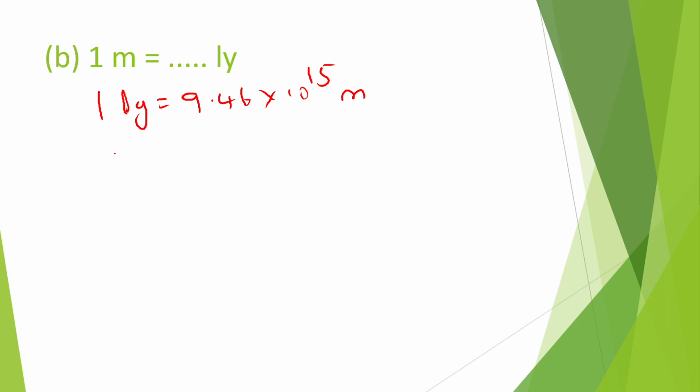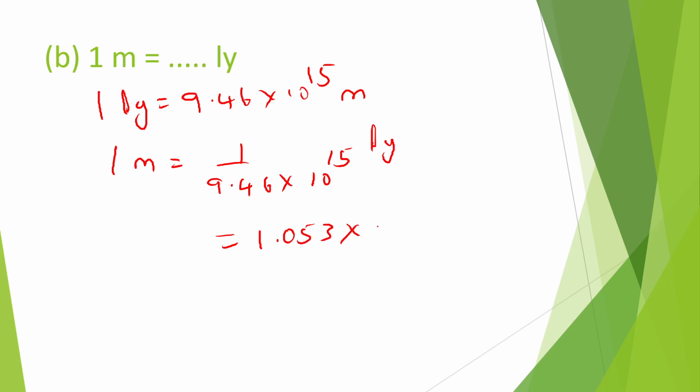So from here you can understand 1 meter is equal to 1 by 9.46 into 10 to the power 15 light year. So if you do this calculation, you will be getting 1.053 into 10 to the power minus 16